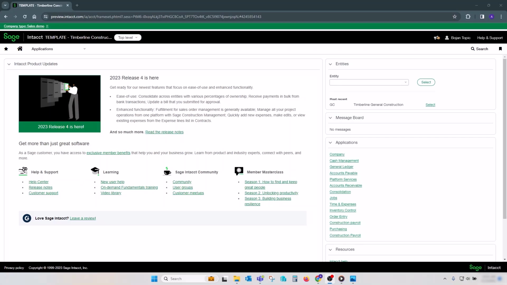Starting with the version 2023 Release 4, Sage Intacct has introduced quite a significant change to the way GL account structure is handled. Prior to this change, once you determine the length of the GL accounts and accounts are set up in the system, no changes were allowed. With version R4, there's a new feature introduced where even after accounts are entered, saved, and transactions are posted, we can change the length of the GL account. We can also renumber those accounts. This type of change can have a profound impact on your system, so before making any decisions or triggering any actions, please talk to your partner and discuss all options.